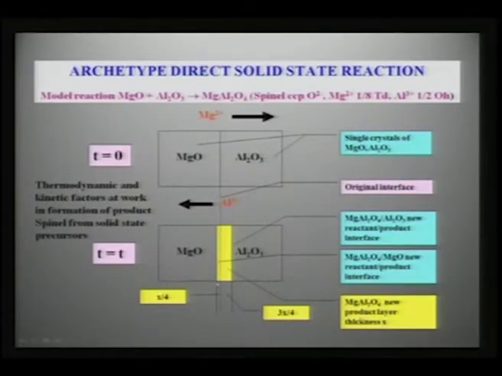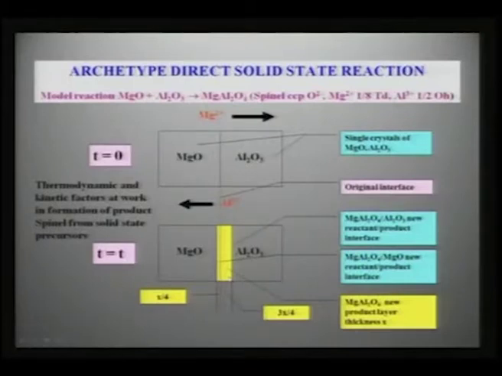This thickness is actually increasing with time in such a way that, from this original layer, x by 4 times of this will propagate towards the MgO layer, and 3x by 4 times it will be propagating towards the